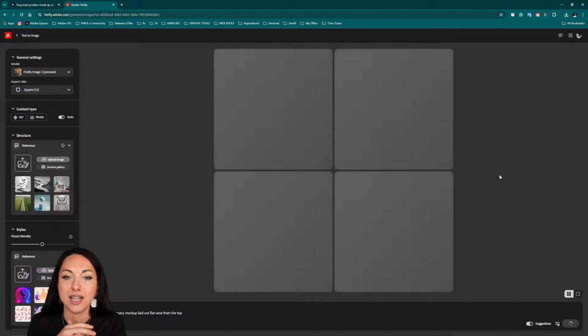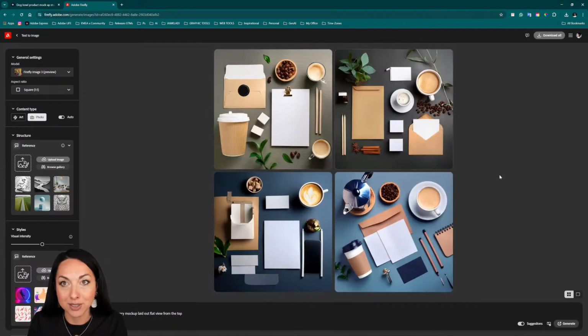Now, while Firefly does this, which is basically reading my words and using the text to image 3 model to bring me the result, I mean, it's already done it. I wanted to break down again the 3 pieces of prompting, but we can do that as we go. So as you can see here, by simply using a fairly